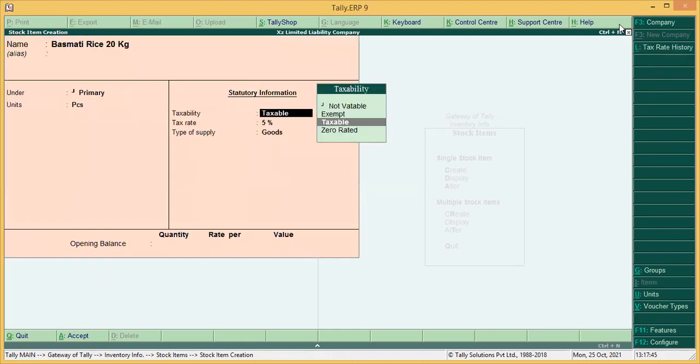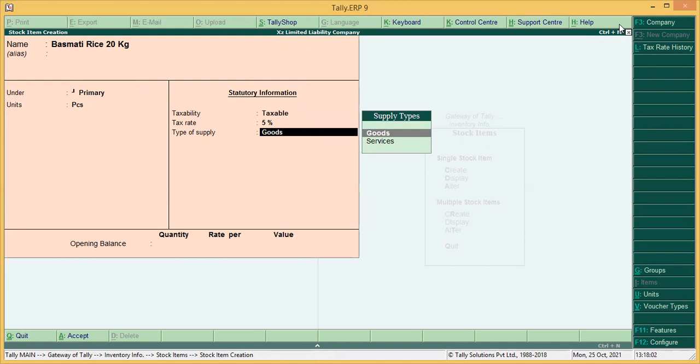Correct? Here, students, as we are making this video in UAE, the VAT, value added tax, percentage is 5%. This is the reason we are selecting 5% taxable. It's goods, it's under the category of goods. We will select it. Regarding quantity, sometimes we are shifting from one software to another. If we have any opening balance, we can put it here.